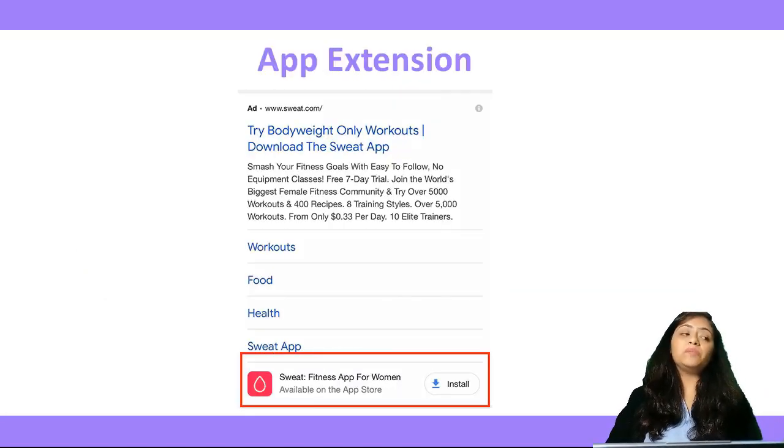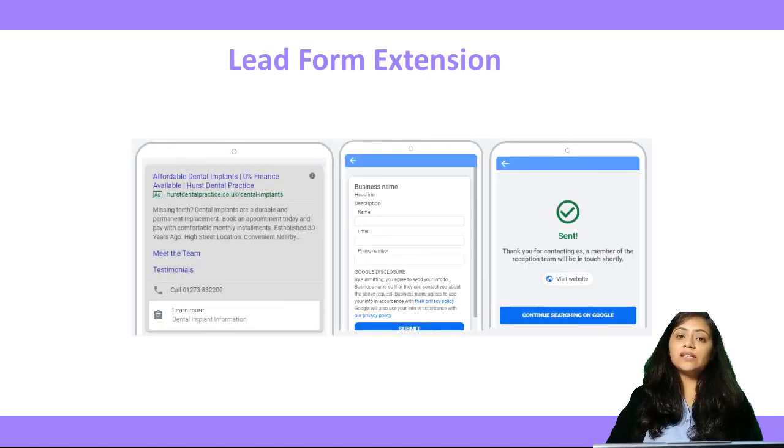When you want people to directly click on the link and install the app easily, you will use app extension. Lead form extension, as I have explained earlier also, is used when you want your customers to take immediate action and fill in their contact information within a few clicks, using the lead form extension from Google Ads itself.